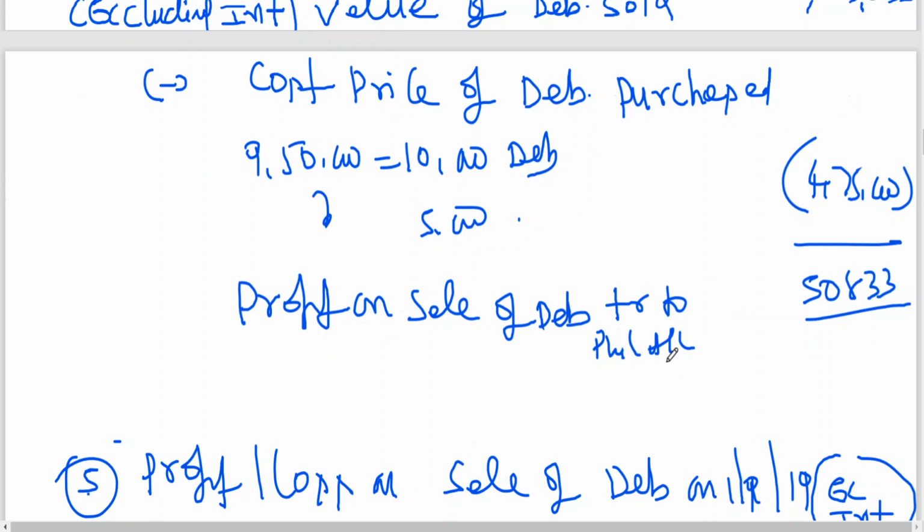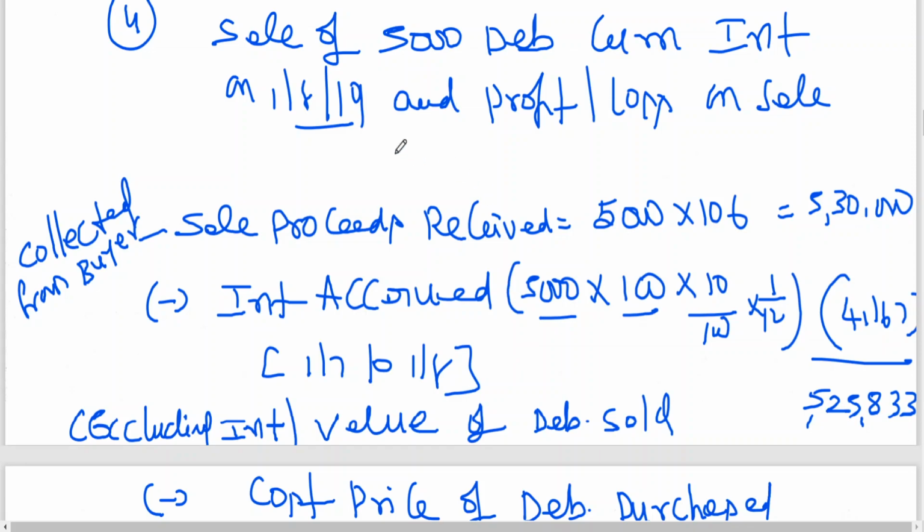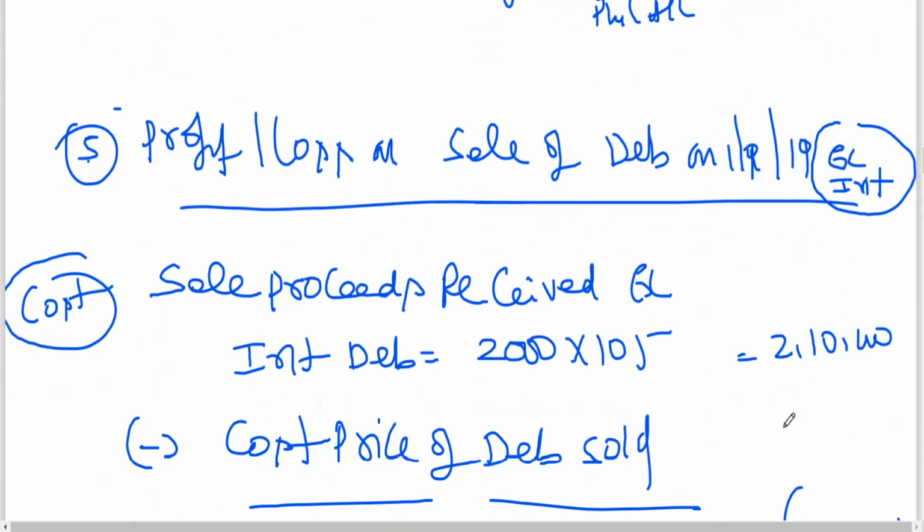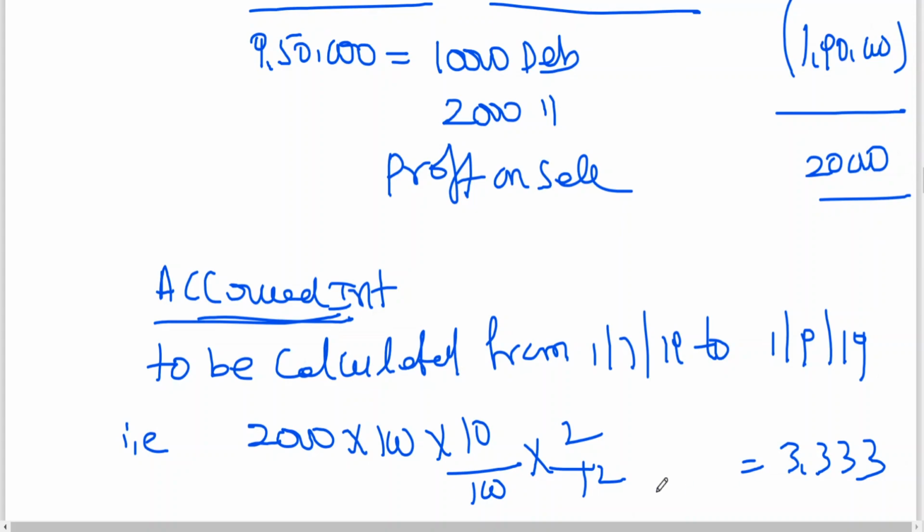The reason is that, since I am foregoing this interest, after 2 months of getting the last interest, I am selling it. In this case, I am selling on 1st August. That means 30th June was the last date. So after 1 month interest I am foregoing. This 1 month interest I am collecting from the buyer. I am not a fool to lose that interest. Here in this case I am losing how many months' interest? 2 months' interest. This 2 months' interest I will be collecting.